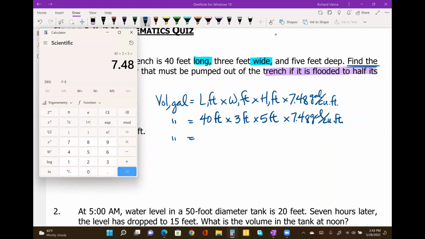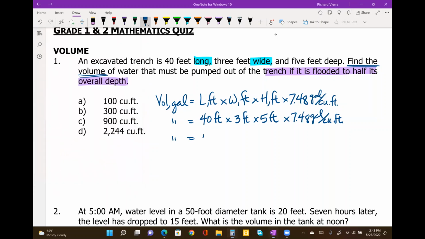Well, if it was full, then it would be 4,488 gallons. But since it's only half full, dividing by 2, we get 2,244 gallons. And that seems like one of the answers, answer D, but that is not the correct answer,